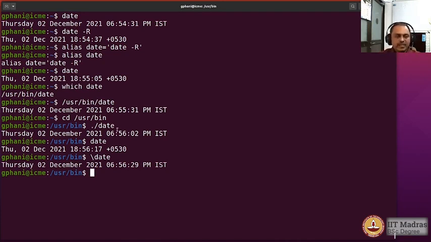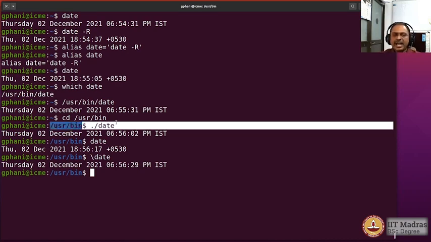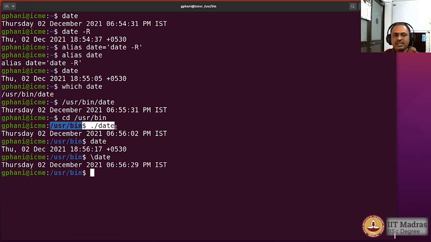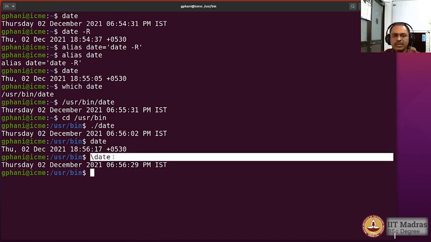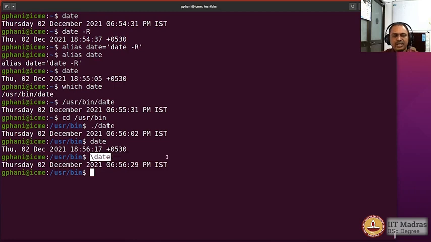You can execute a command by going to the location where it is placed and using the relative path for that particular file. You could execute it directly by typing the name of that command wherever you are in the file system. You can be in /usr/bin, or for example you can be in the home directory, just typing it out, or you could also type it with a backslash in front to indicate that you do not want to use the alias.